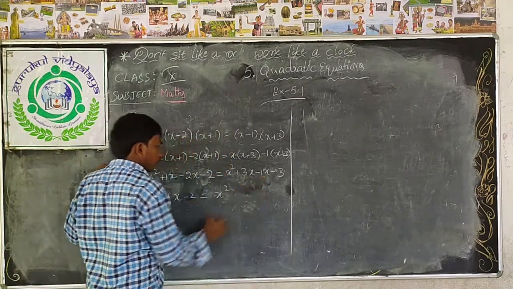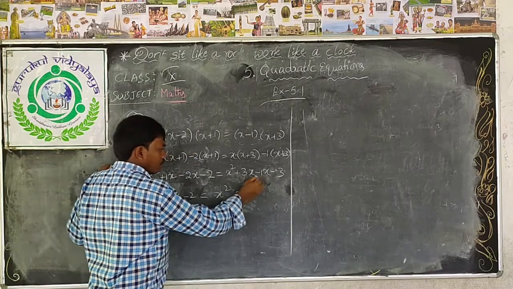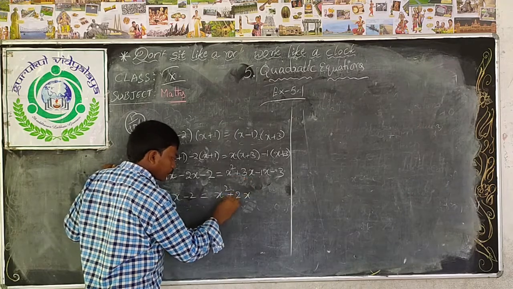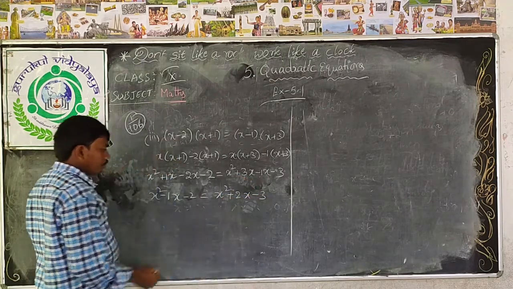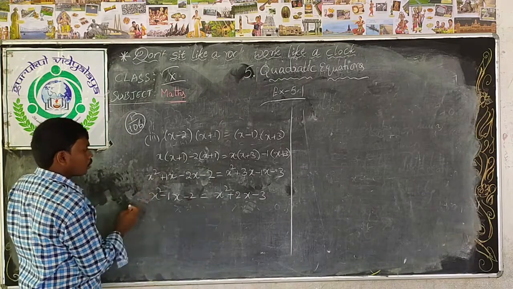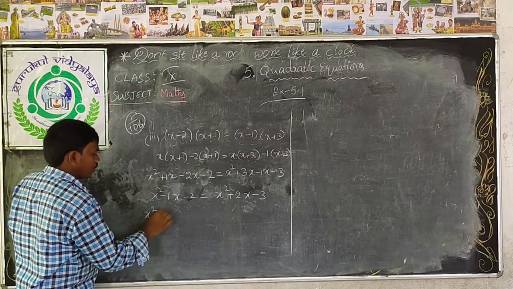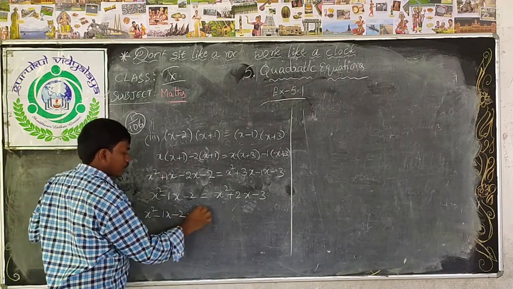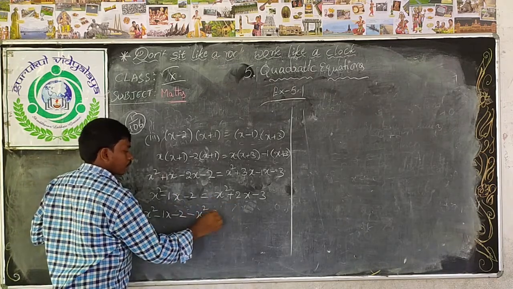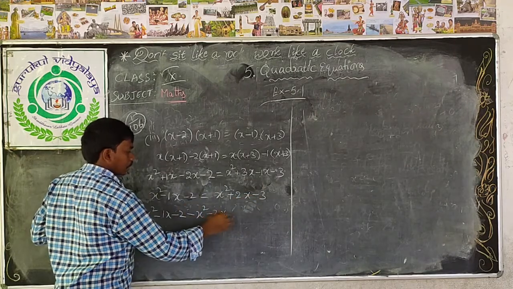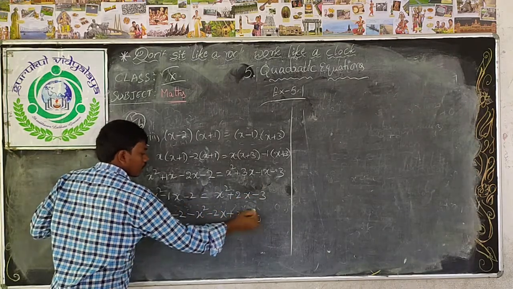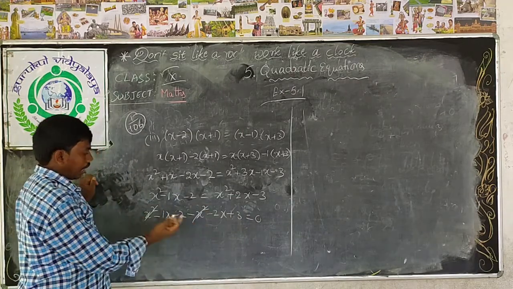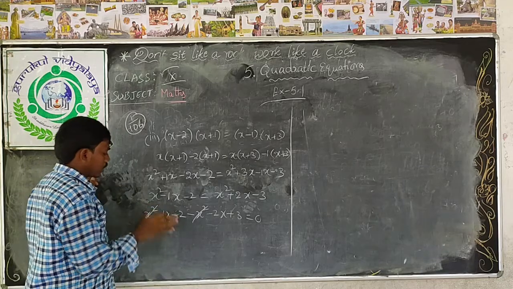Plus 3x minus 1x, 2x. Subtract 1 from 3, 2, which is the bigger 3 having plus. So plus 2x. So minus. Now all values transform into LHS. x square minus 1x minus 2 plus x square means minus x square plus 2x minus 2x minus 3 transform to LHS plus 3. Still, children, plus x square minus x square. Same but opposite symbols. So cancel.